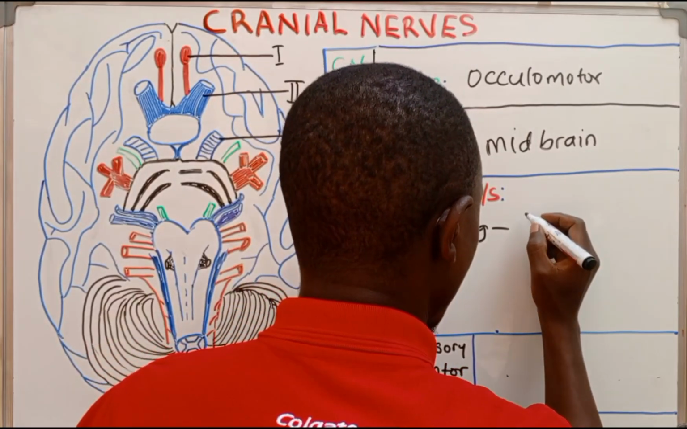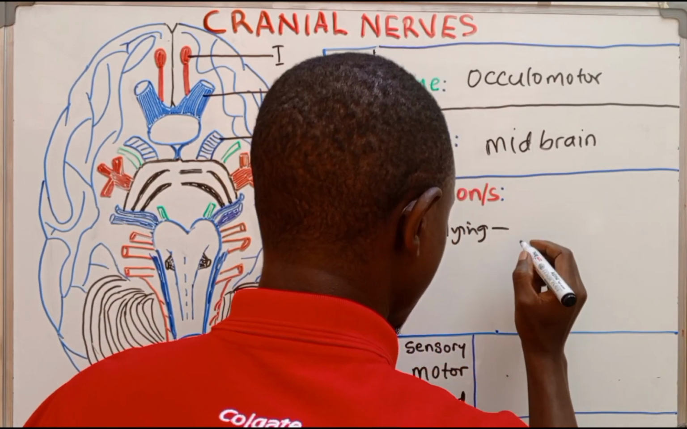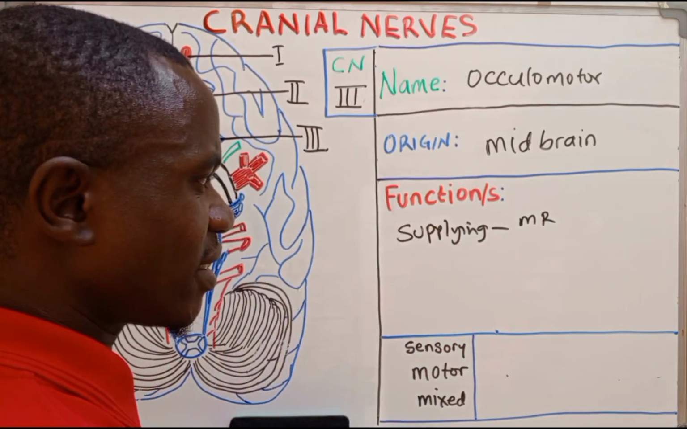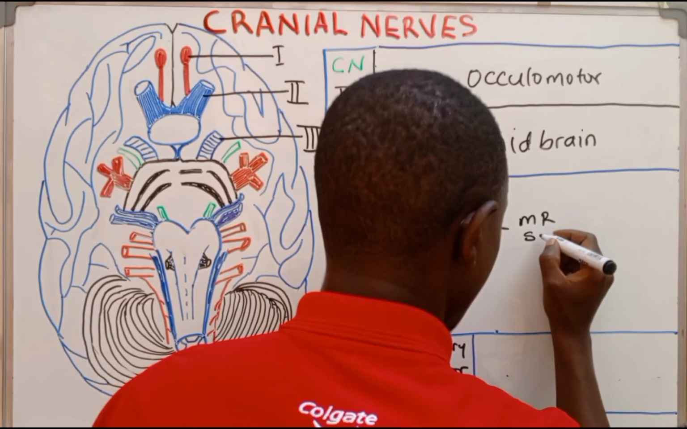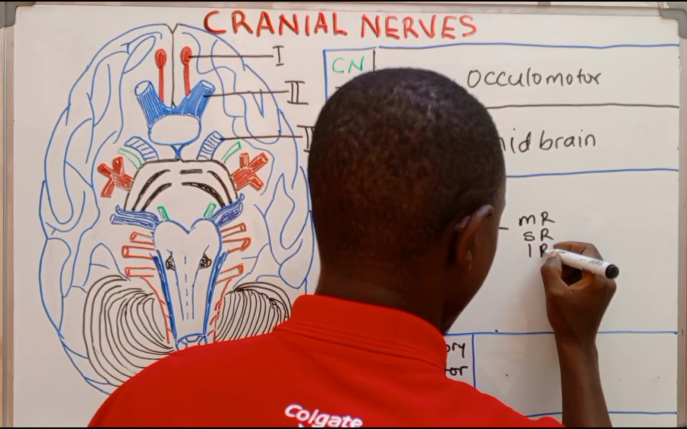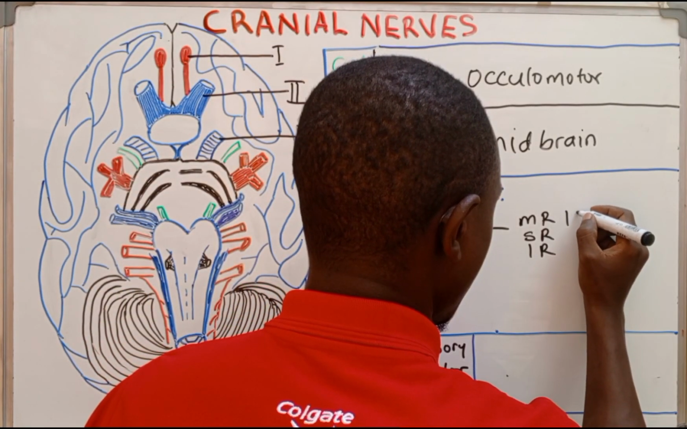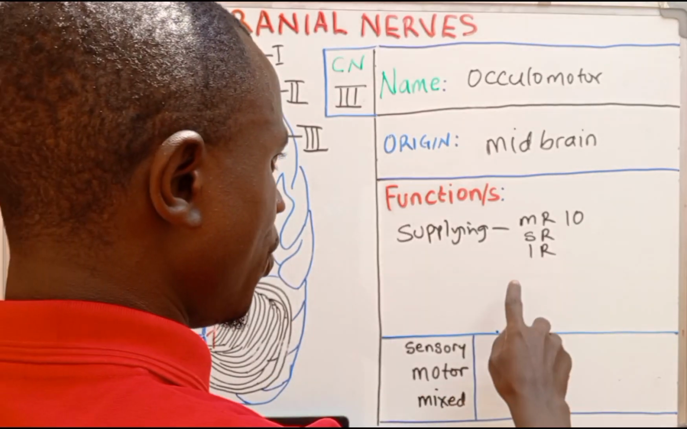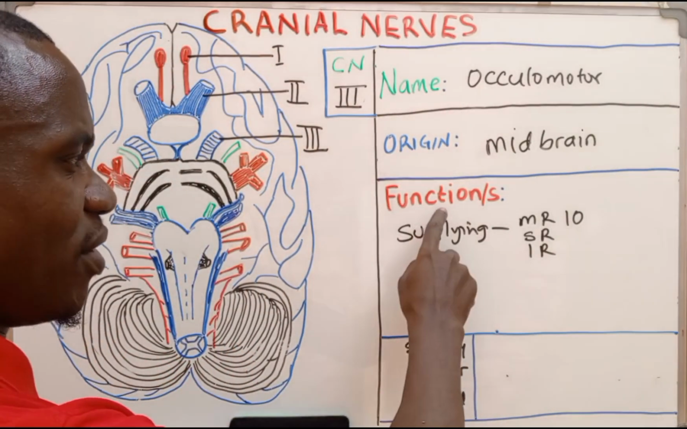It's going to be supplying what we call the medial rectus. Okay, it's going to be supplying the superior rectus. It's going to be supplying the inferior rectus. It's also going to be supplying the inferior oblique. So now these are the extraocular muscles which are going to be supplied by this cranial